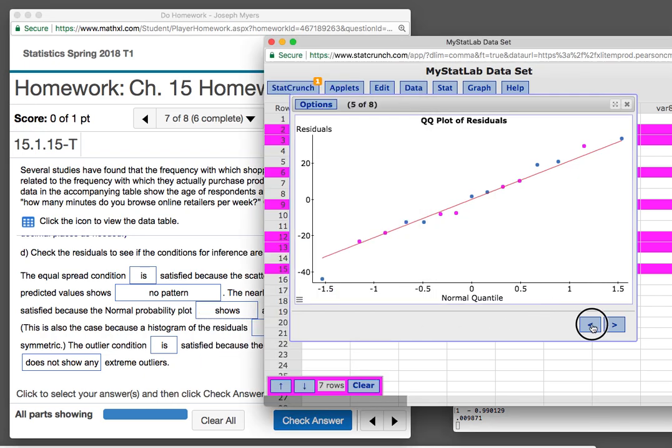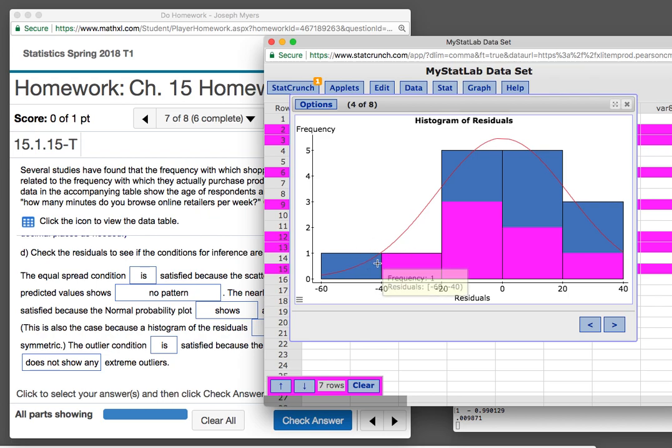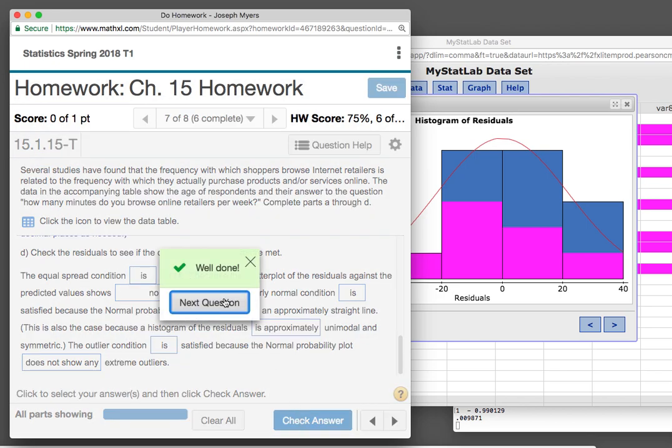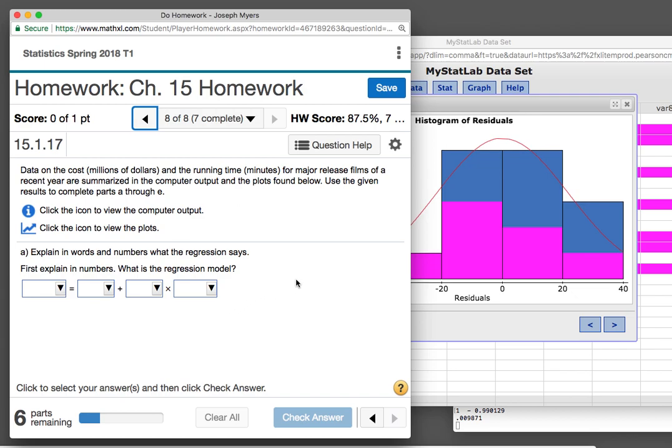But if that's the case, then this one, it's obviously skewed left, but if you look at the little line they drew through it, it actually looks fairly symmetric. If you change the categories, for example, if you change this from -20 to negative maybe 18, then some of these data points in this box might fall over into that box, and then it might look a lot more symmetric. So let's try saying the histogram is unimodal and symmetric. Okay, try that. Excellent. Okay, now